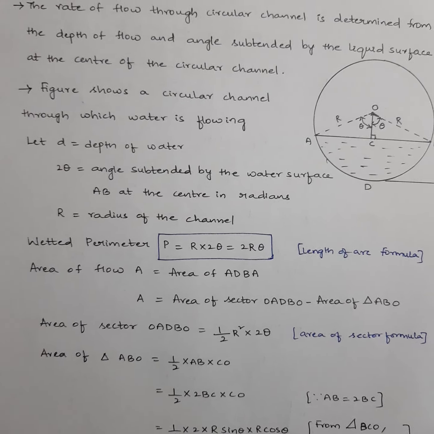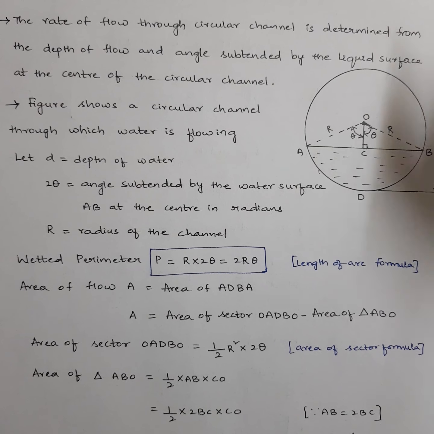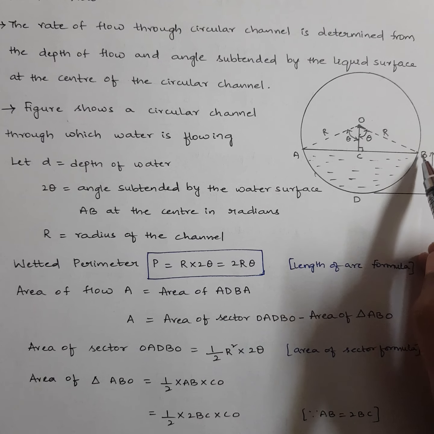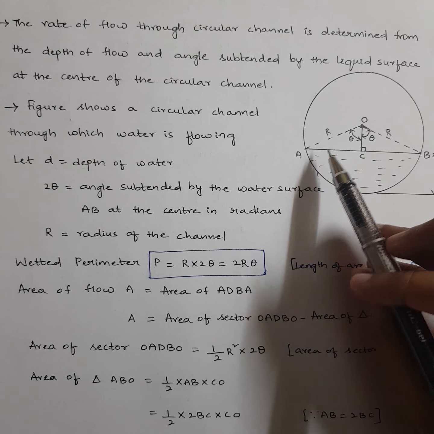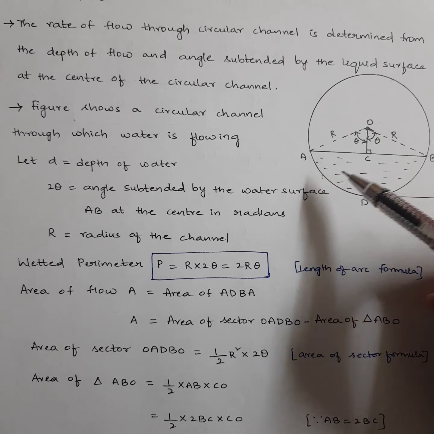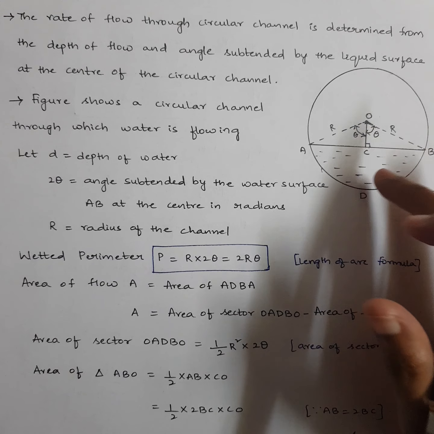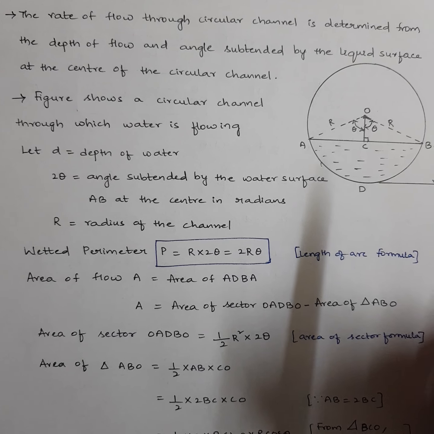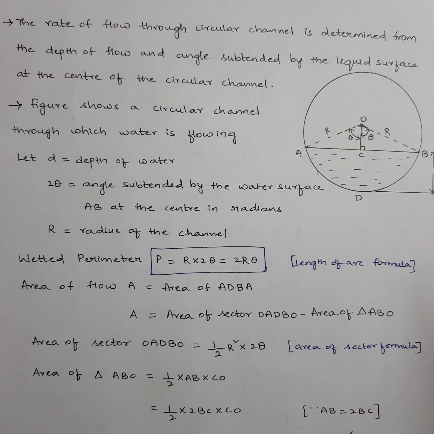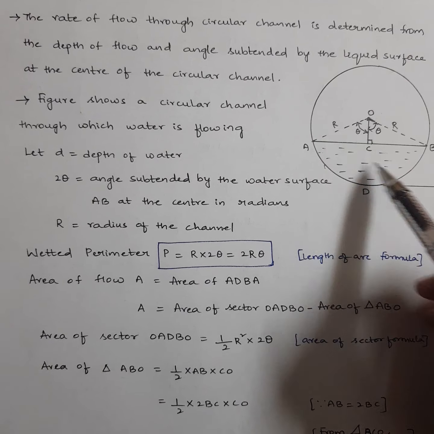Next, let's calculate the area. I am done with the wetted perimeter. Now I require the area. What is the area here? The area of flow means I require the area ADBA, this half-moon shape. It is not actually a semicircle, but it looks like that. Only this part's area I require. I don't have a direct formula. If it is a semicircle, I can directly take half the area, and for a quarter circle, total area by 4. But we don't know how much it is at some depth D, so we should calculate this area.